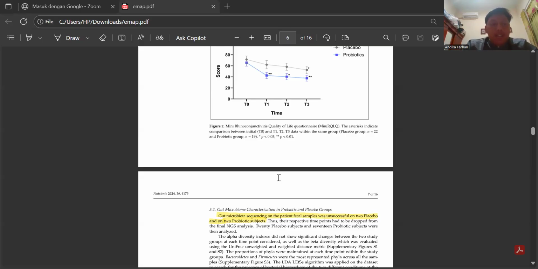Item 21, generalizability is discussed briefly. Item 22, the interpretation of results is balanced, considering both benefits and limitations. Item 23, the trial is registered. Item 24, protocol access is mentioned via supplementary files. Item 25, the funding source is stated and conflict of interest is declared transparently.